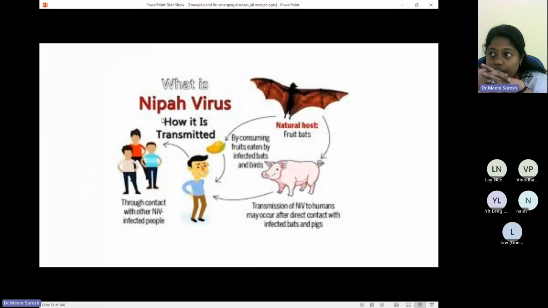But the government was very successful in controlling that infection. Though we lost 18 people, they were able to control that infection from going beyond to more people. So what happened there was it actually happened in two districts of Kerala, the two northern districts. So one of the persons,